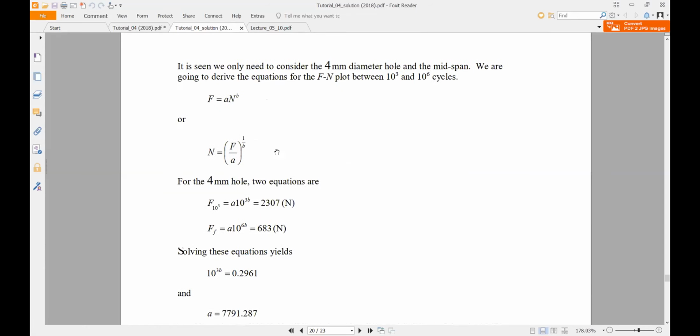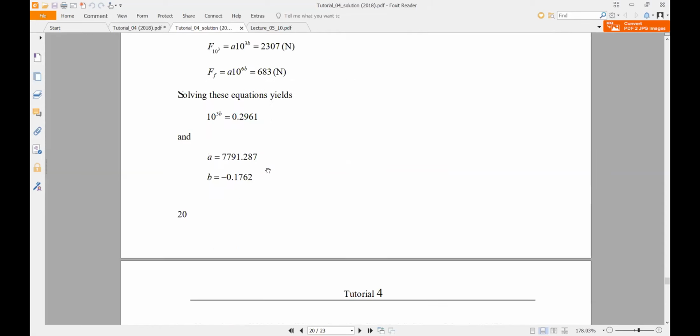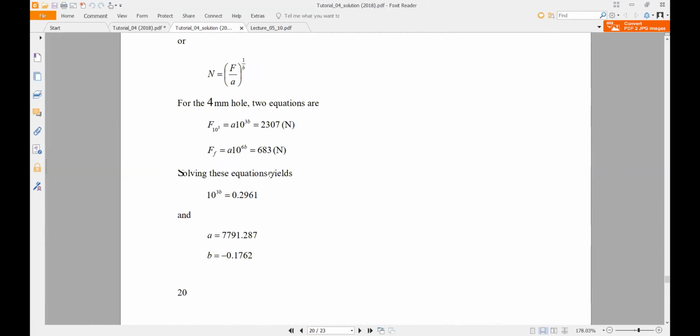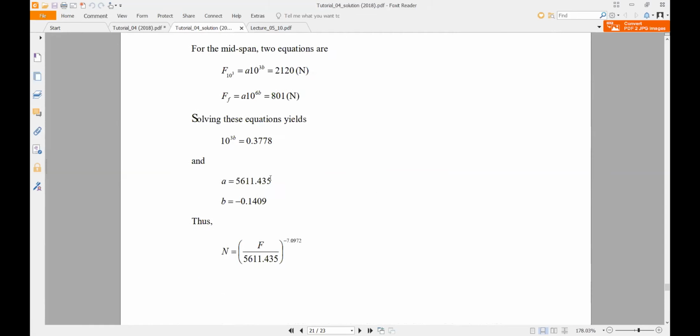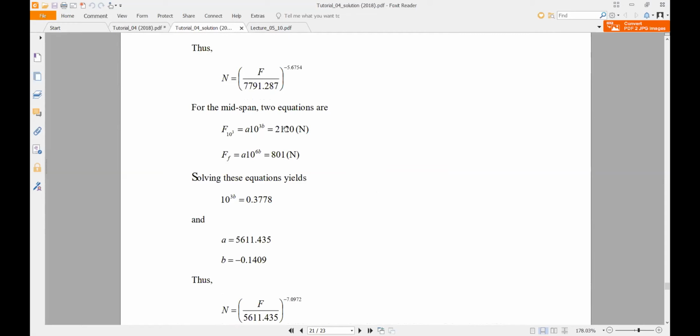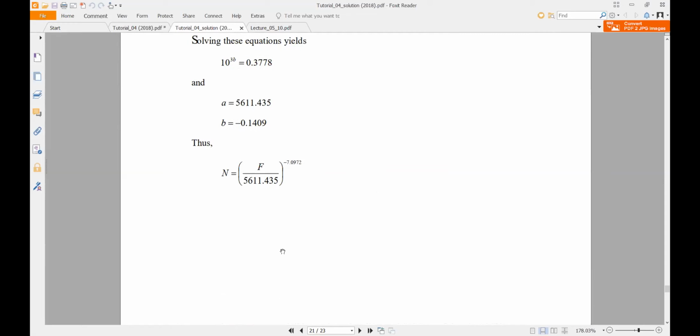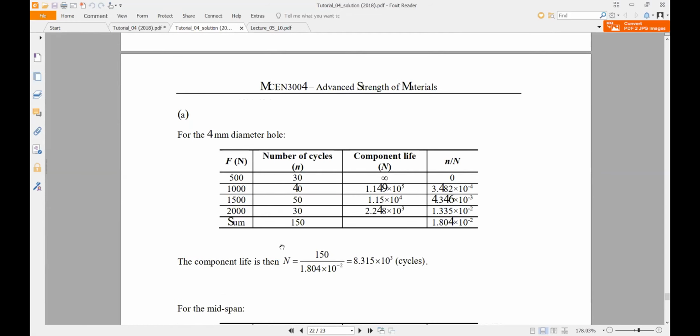Okay, so they define two equations for the 10 to the power 3 and 10 to the power 6 values. So we will use both equations to calculate that. You can see a different equation here and a different equation here, and you can see the 4 millimeter hole. They use this loading pattern and number of cycles, and you can see the yield point load